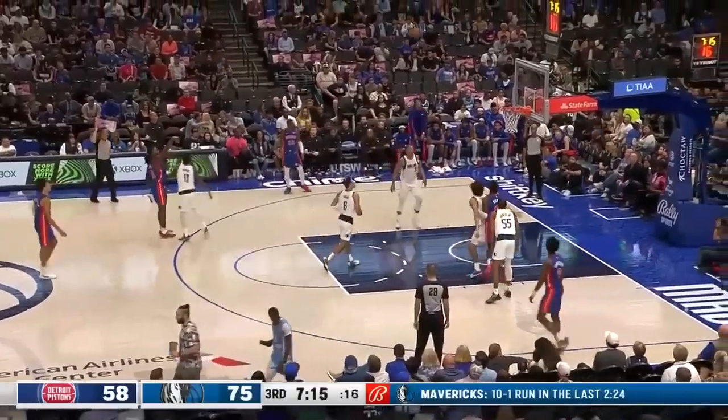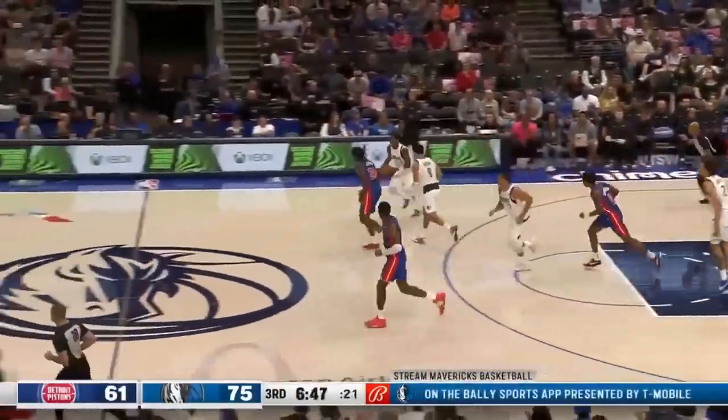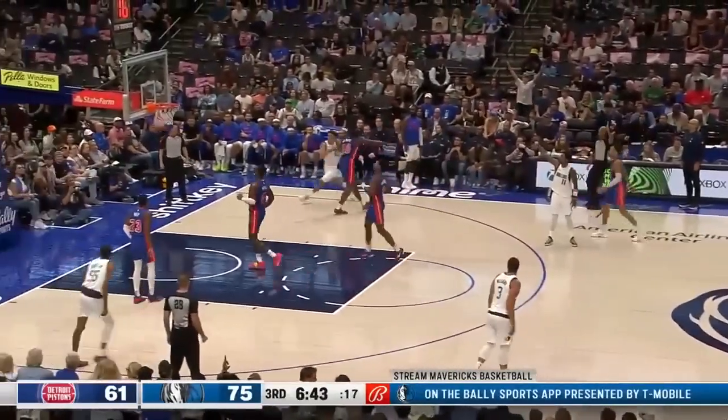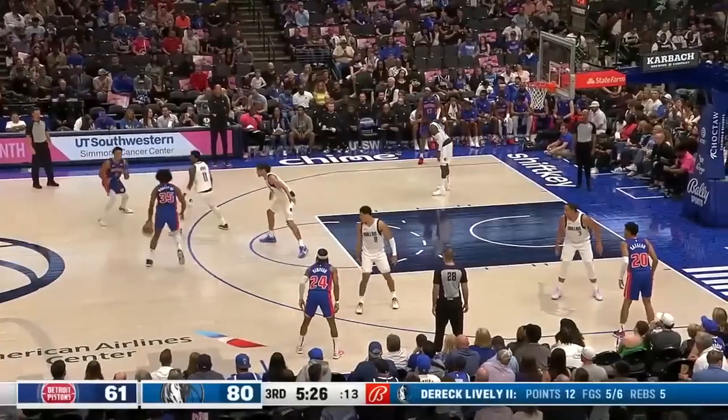Trailing the play and left free for three, Isaiah Stewart. Lively grabbing a rebound. 10 points, 5 boards for Derek Lively tonight. Irving will let it rip. Timeout, Monty Williams. And I think it's only going to get better with the amount of reps that he gets,